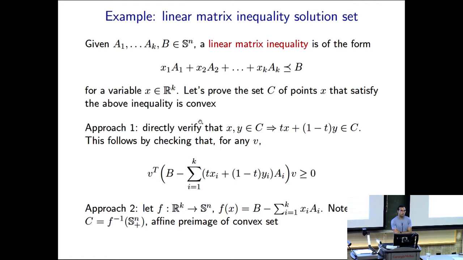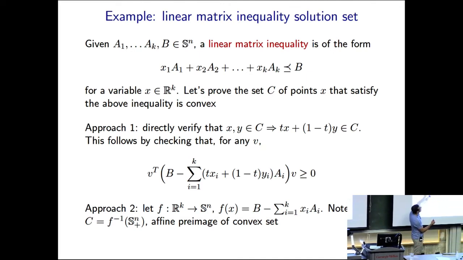There are two ways to prove that it's convex. The first way is to check the definition of convexity, which I will not go through and will let you do. Just check that if you have any one point in the set and any second point in the set, the line segment between those two points lies in the set. That's the first way. The second way is just to notice that